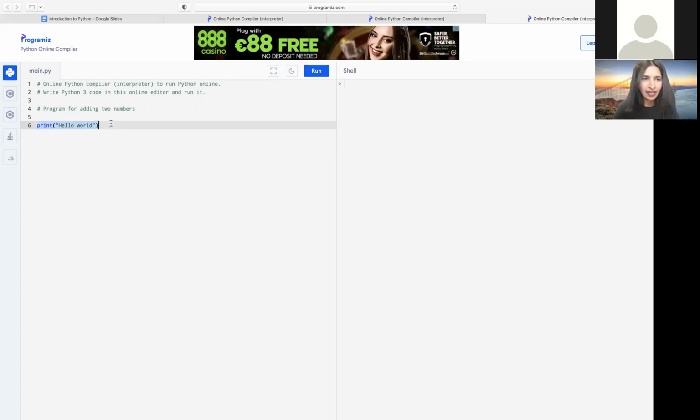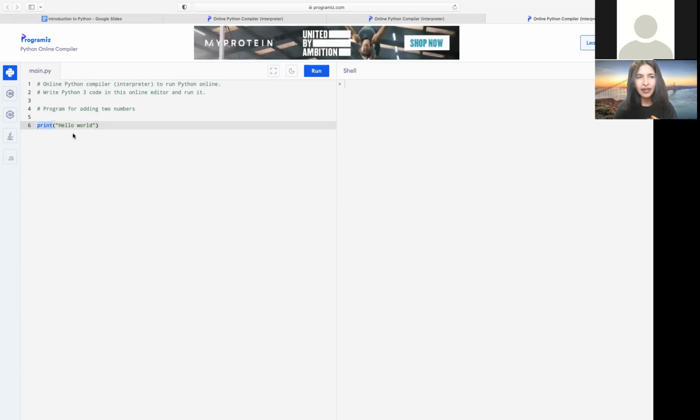By looking at this statement, we can guess that print hello world will print something. So this hello world is a message that we are trying to print here using the print function. Print is nothing but printing something, and we're printing a text called hello world.